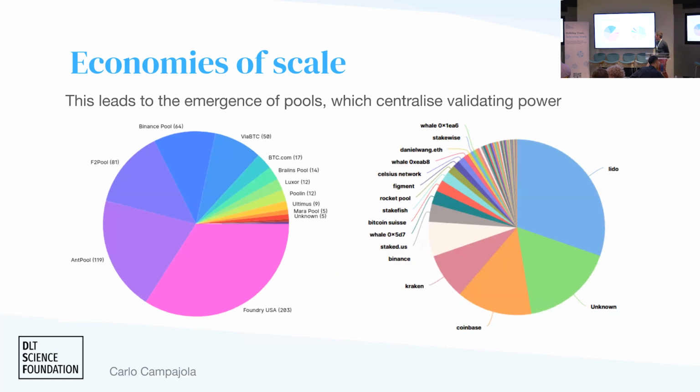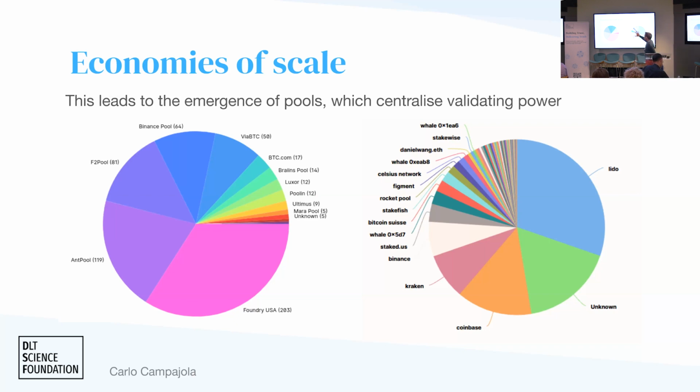So you have companies within pools that associate themselves in pools to amortize the risk of not getting a block, but all of the people inside these pools are not your one CPU, one vote original Bitcoin miners. They are actual companies with very specialized rigs, and they are all at the bottom of that average cost of output curve. Notice that this also applies to staking, because typically with staking rewards, again, you want to amortize risks, and you want to optimize hardware. So that also applies for staking.